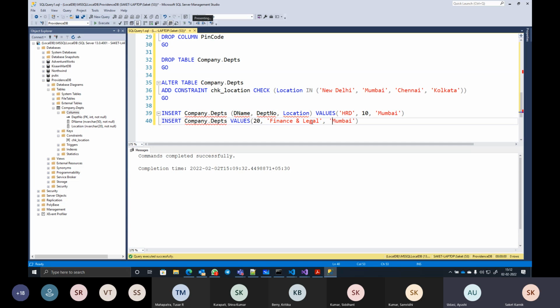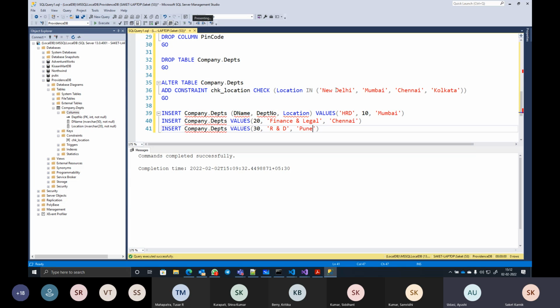And then the location, let's say, is Chennai. Copy and paste the second insert statement. I change the value here to 30. Here I say name is R&D. Here I specify a name like Pune,